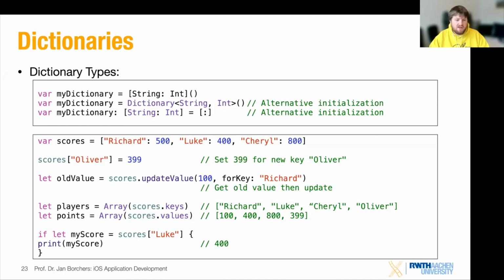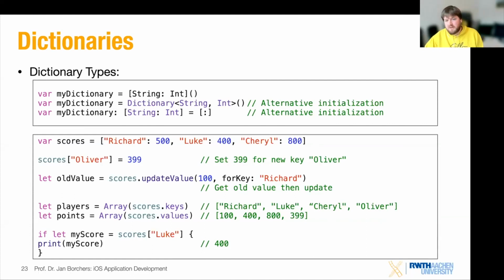So then we can print it out directly and have the 400, or be able to adjust the properties that we want, compute new scores, for example. So that also is a brief overview and quite quick taste into how to handle optionals. And like I said, next week we'll get way more into detail how you can handle those.